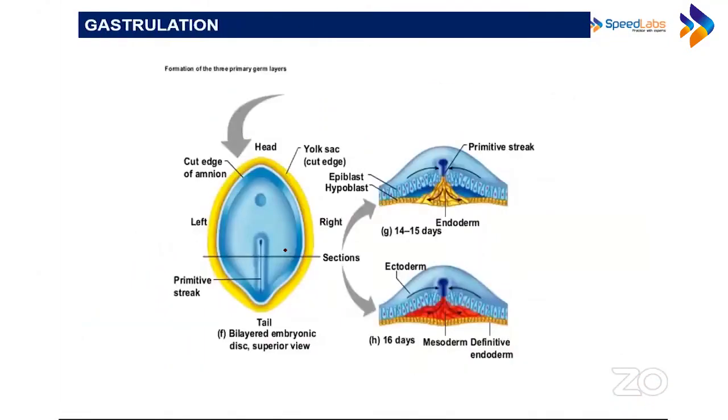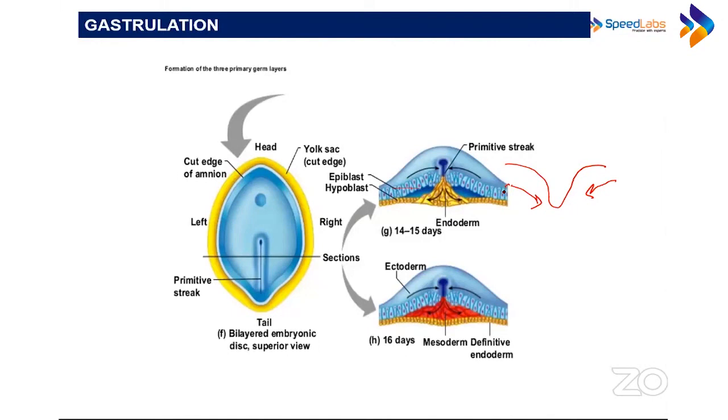Look at this. देखो, primitive streak appear हो रहा है. ये section है. Primitive streak is appearing. Yolk उसके बाहर है, which is developed from the hypoblast. Just look at this diagram carefully. Look at the direction of the invagination. ऐसे है. Like this. You can see. So what happens?